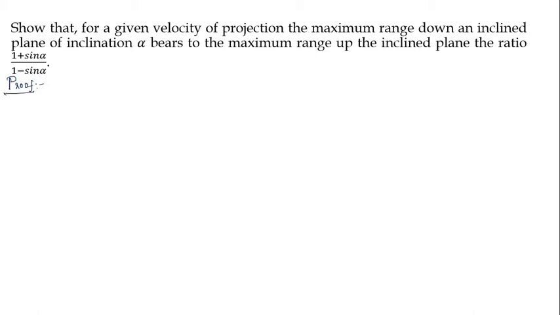So in this problem, I am going to consider the initial velocity in two directions. One in the direction of the inclination. So it is u cos theta. Another one is perpendicular to this, right? And this will be u sin theta. If you consider this is the inclination and it is in the direction of inclination, so the initial velocity is u cos theta for the direction of inclination, and perpendicular to it is u sin theta.